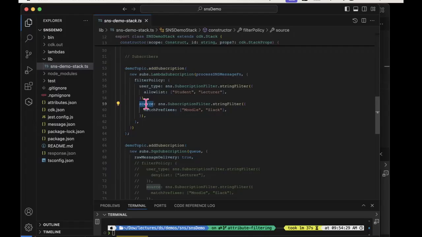So for that type of condition, we don't use the allow list or the deny list. We use the match prefix criteria. And I'm saying essentially here, it has to begin with